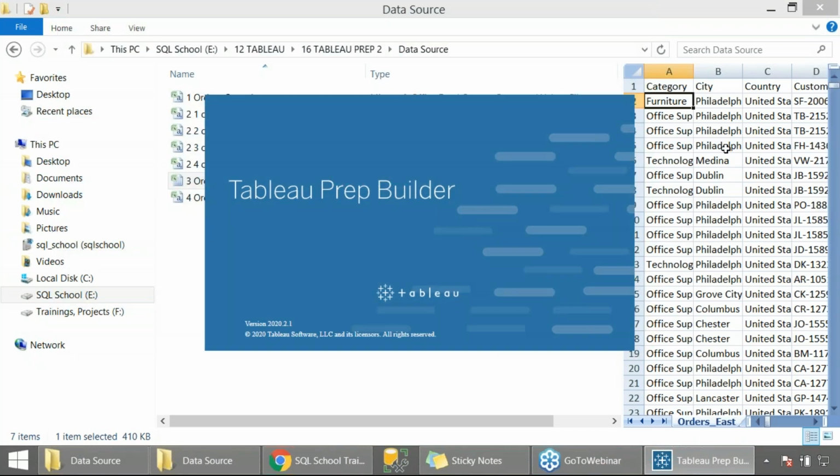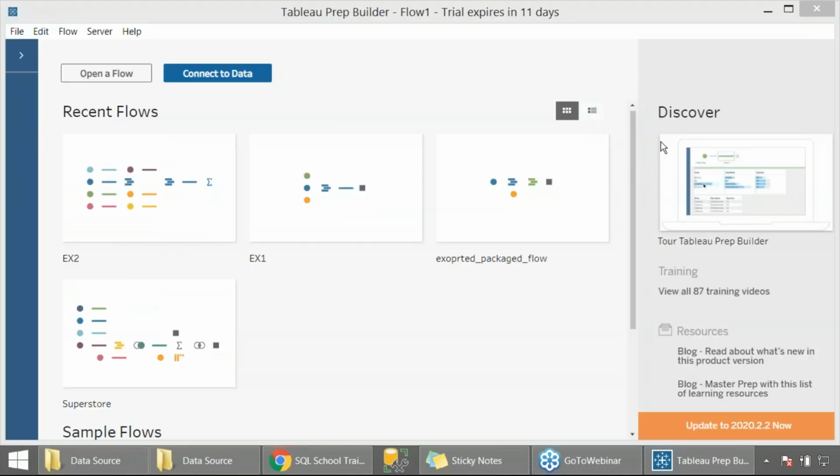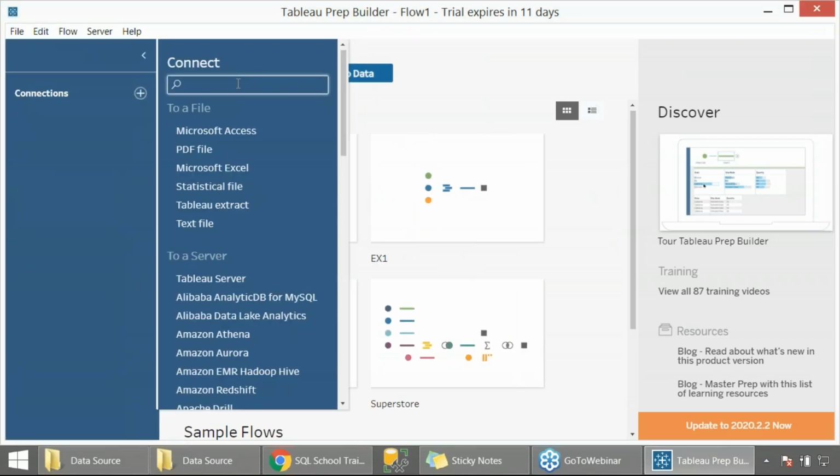Here we need to specify the input. As usual, we need to provide the required input. Well, we got the information ready. Click on connect to data.